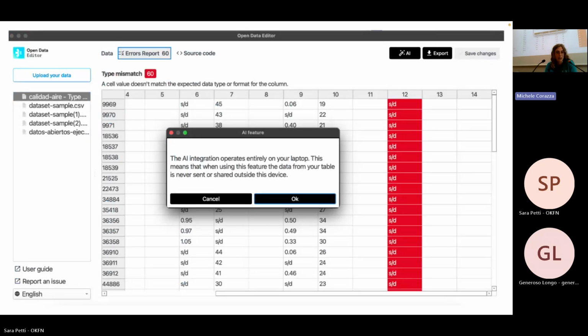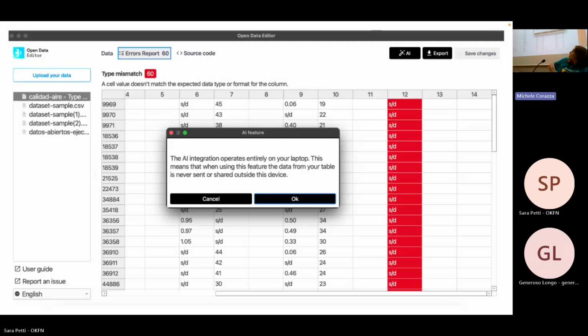So we ditched the cloud-based AI, and we decided instead to go for a local LLM, which has its trade-offs because, of course, it's models that are much, much slower. But it made sense because it was aligned with the idea that we had for this application. This is a local application that people, for example, also in lower resource settings can use. For example, in case of energy disruption, this can be used offline. So it made sense to have this AI feature also as something that can be used offline.